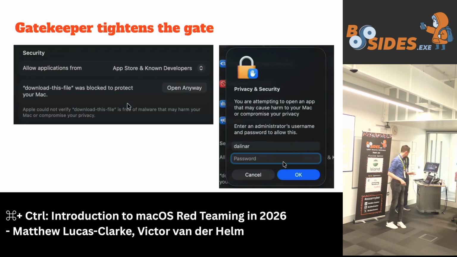And this indicates an interesting dichotomy that Apple is trying to balance here, which is to not block technical users from doing stuff themselves, like you could do this from the terminal easily, but try and put roadblocks in front of non-technical users getting phished into doing the same thing.